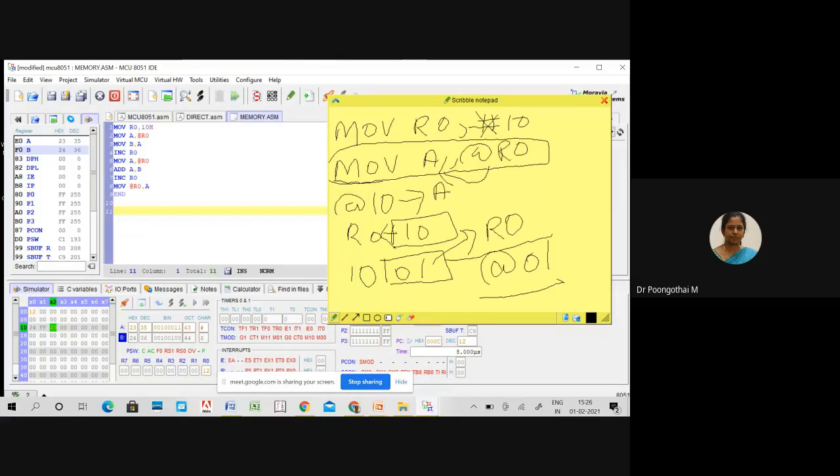So that is the difference when the symbol is not present. First your R0 is loaded with 10. The 10 has 8-bit data. So I am using move A comma at R0, meaning at of that 8-bit data, that data is transferred to the accumulator. Okay, so we will execute this code.